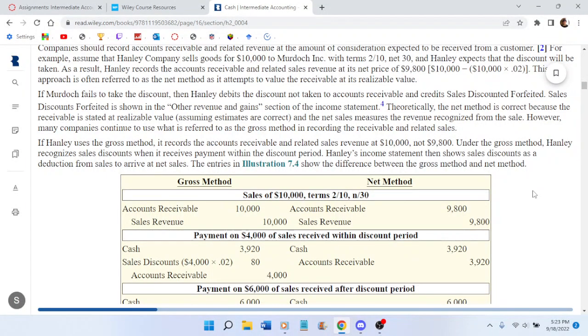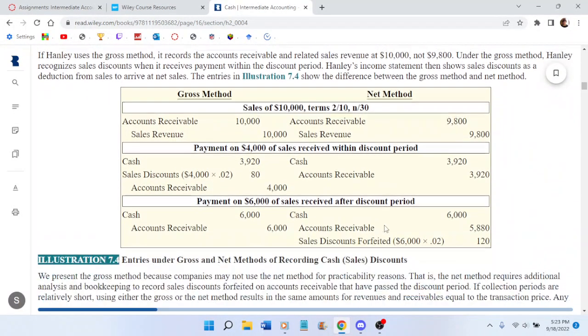The gross method records the accounts receivable at $10,000 and then recognizes sales discounts when it receives payment within the discount period, as a deduction from sales to arrive at net sales. Okay, we will look at this table to see what happens here. Hello? This is confusing. You should put like a line through the middle to make it less confusing. But anyways,